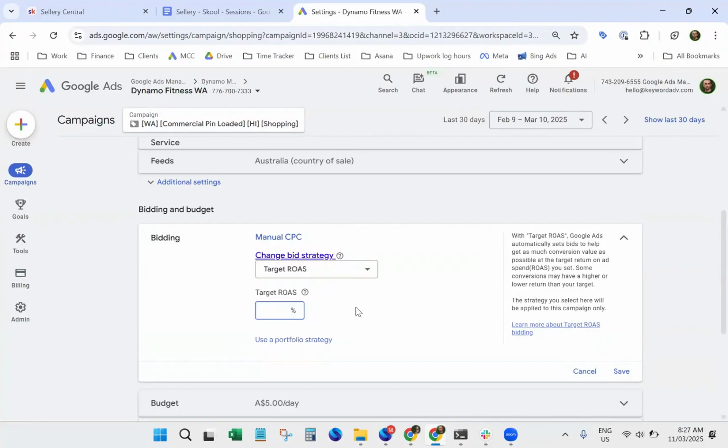Why? First of all, before we start utilizing this target ROAS, which is a great strategy, by the way, we need to make sure we have accumulated enough conversions, enough revenue within the campaign, within the account, but mostly within the campaign. And what is enough? It's never enough, right? The more data we have, the better. If, for example, we launch this campaign for a month and we accumulated,